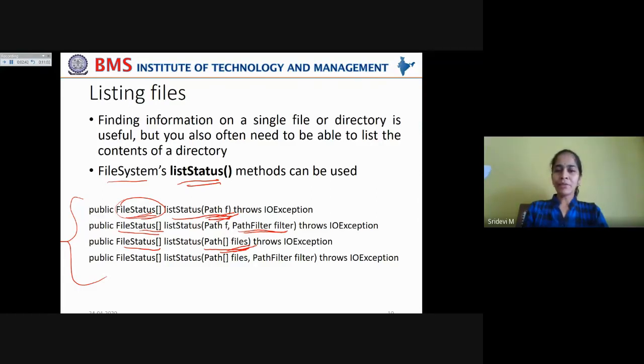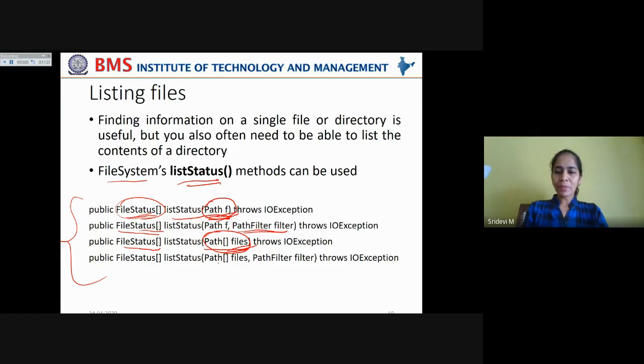Right? So here we are specifying a single file path. Here we are specifying an array of file paths. That is why it returns a two-dimensional FileStatus. One dimension is for the file paths, and the other dimension is for the parameters of each file mentioned in the file paths.